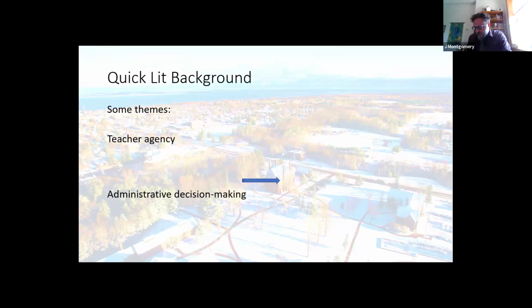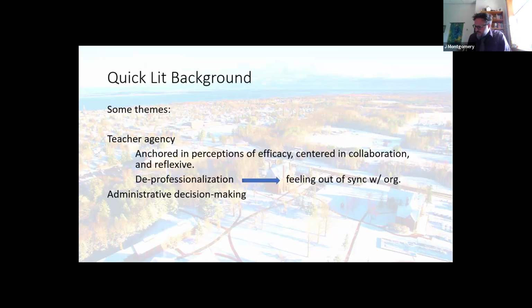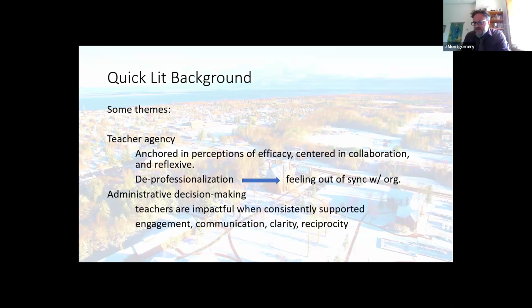And so just real quick on the literature, teachers tend to feel most effective when they're in systems that enable collaboration and reflection. Effective agentic teachers produce learning environments that enable agentic students, but these systems can tilt out of sync with a teacher's values. As such, teachers can feel a disconnect to their school districts when they face inaccurate evaluations, reduced salaries, or possible termination based on student performance on state-mandated tests.